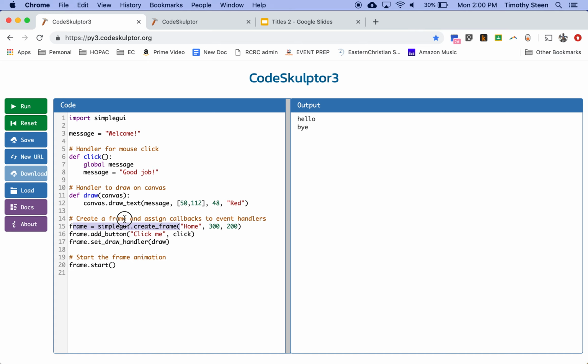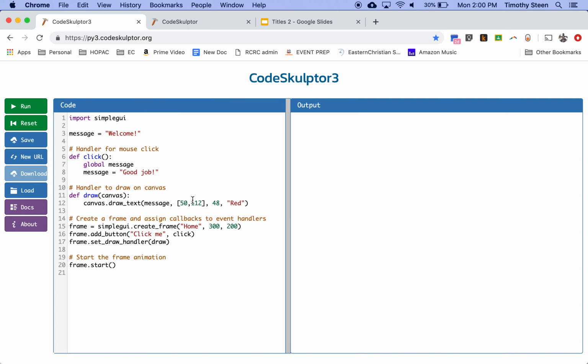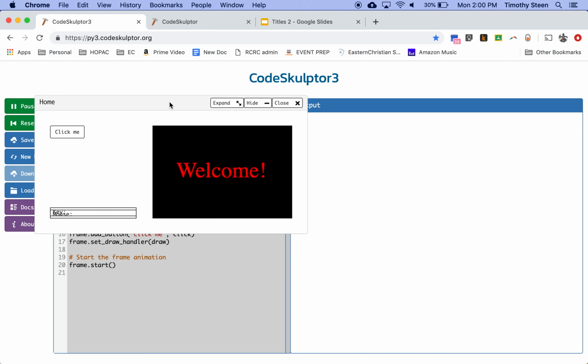This creates the screen that we see when we hit the run. That goes, see, it says the word home, and it's 300 pixels by 200 pixels. So you'll see that right here. It was called home, and this was the size of the screen that it created. The click me is the button that it has, and then it says to do some drawing, and then it says to start the program, which is actually what gets it to run. So when I hit run,